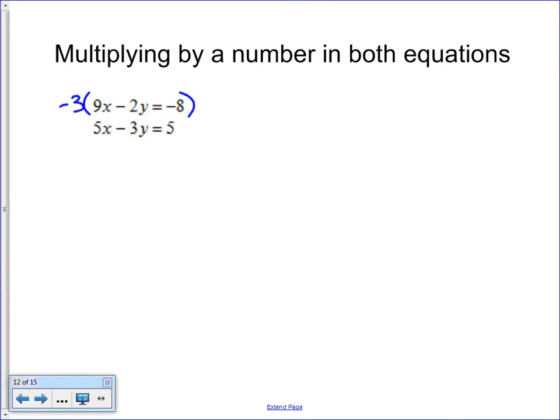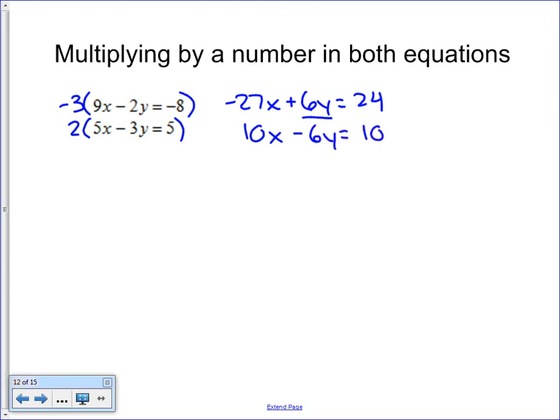So I need to multiply that one by a negative 3. So I'm going to have a negative 27x plus 6y, and that's going to equal a positive 8 times 3, which will give me 24. And then to get a negative 6y, because I need to cancel out with that 6y, let's multiply that by a 2. So 10x minus 6y, that's going to equal 10. Okay, so notice what happens. We want that to happen, remember, in all of our elimination problems. Both equations have opposite terms. So when I add those together,